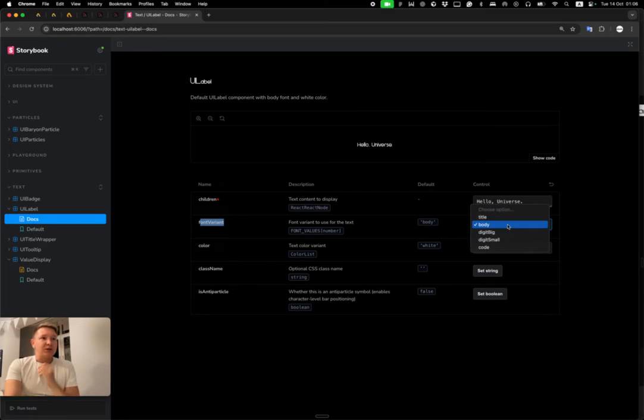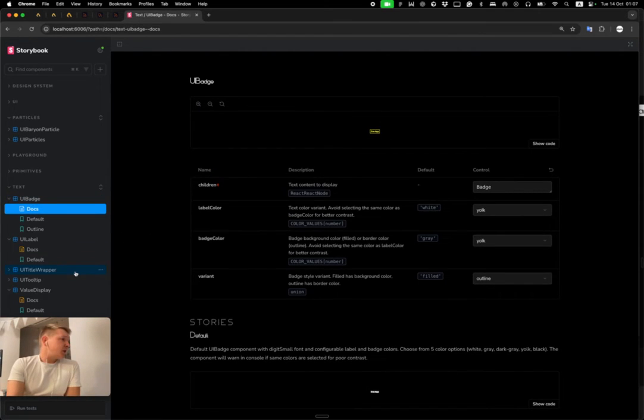So if I change this body to the title, you see the capital letter changes, the big digits change the font itself, and the small digit is the same but smaller, and code is just for debugging, so I can see, based on this Courier New font, that it's for me internally, and that I need to hide it on the production server later.